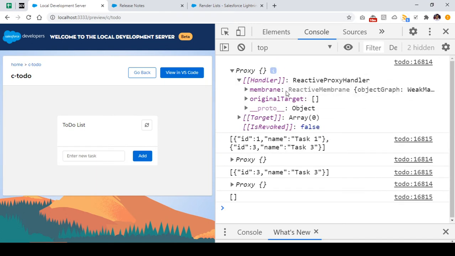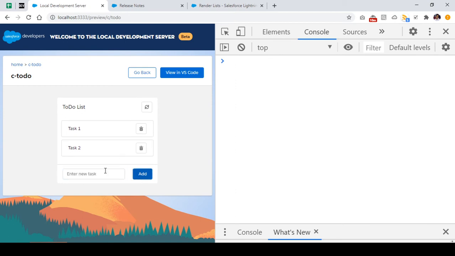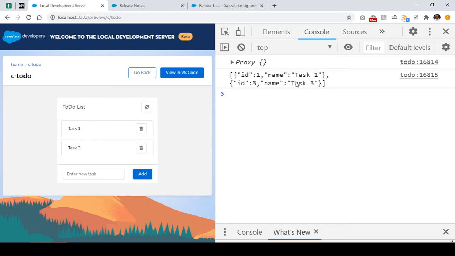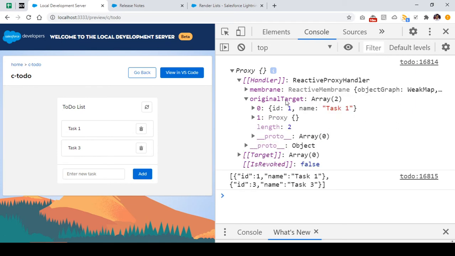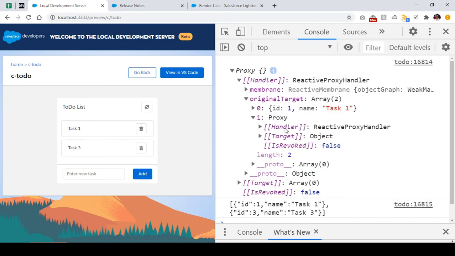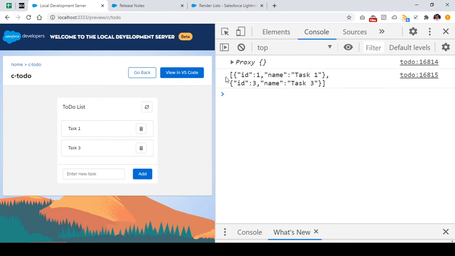If you just go to handler, you will be able to see it in the original target. However, that's updated now, that's why it is coming as empty. Let me show that to you again in the original target as well. Let's say I added 3 tasks, task 1, task 2, and then task 3, right? Okay, so once I deleted task 2, I am able to see that 2 tasks are present, and I can actually see that in the proxy object also in the original target, that 2 tasks are present. So one is actually task 1 and another is task 3. But it is a little complex, so it's better to use JSON to actually see the tasks that are present here.